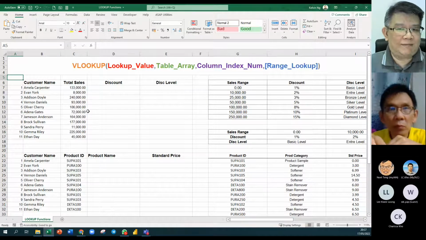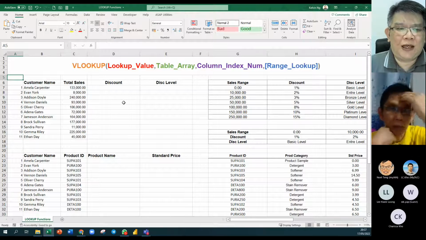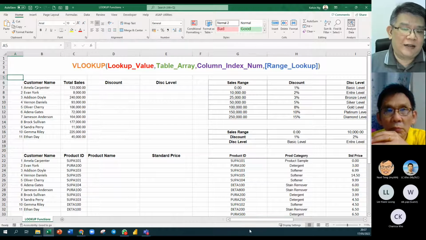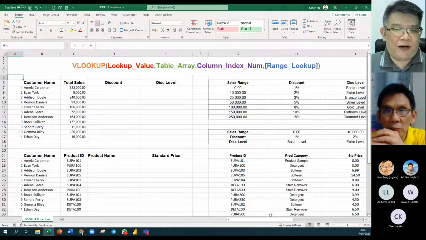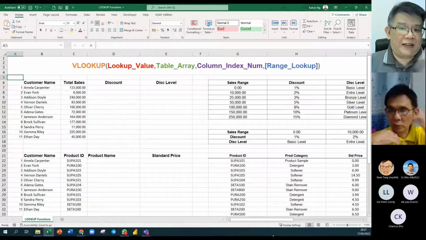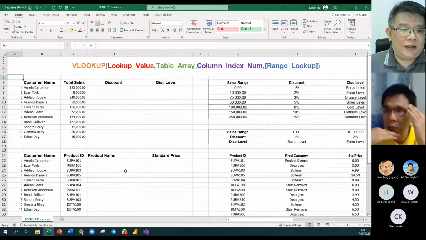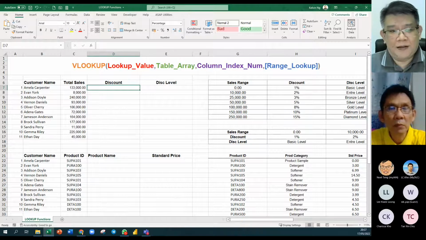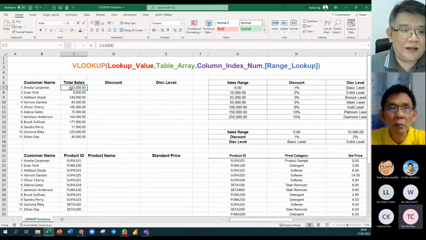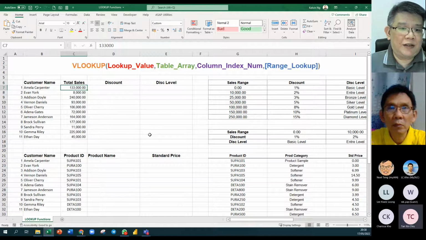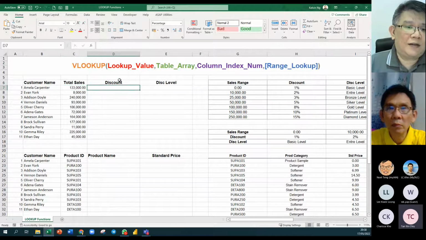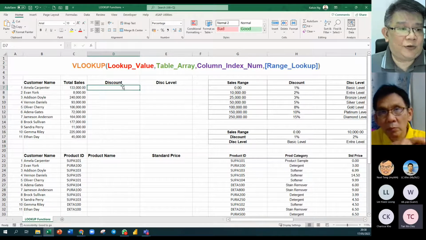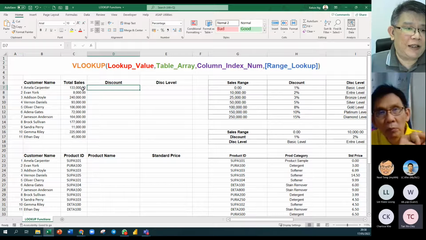Before we go into the details on what each and every parameter here actually means, let's talk about how we as humans find information. How do we use our brain to look for this information? Let's say you look at Amila Carpenter, who has a total sales of 133,000. We need to find out what discount percentage we are supposed to offer to this customer if they purchase up to